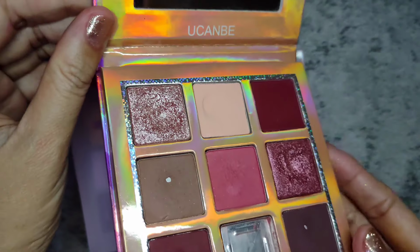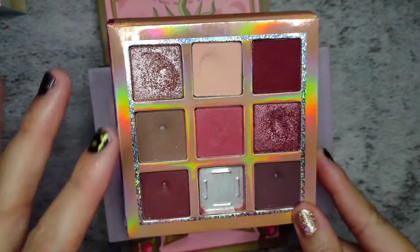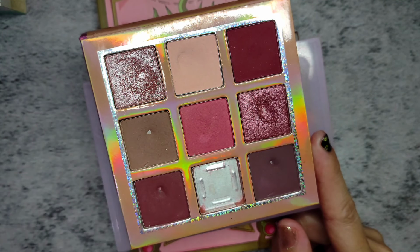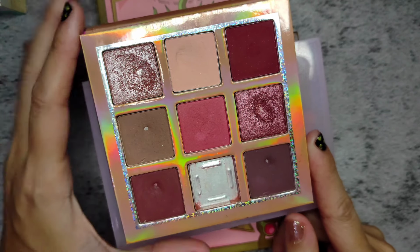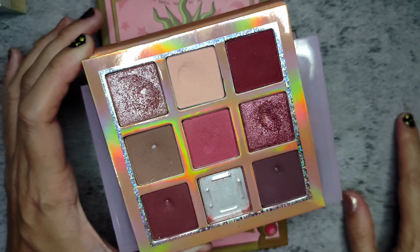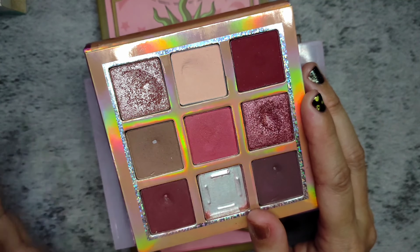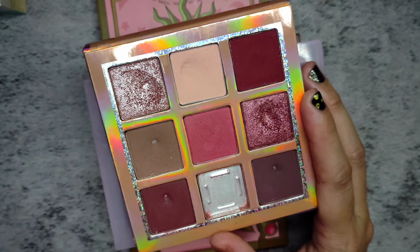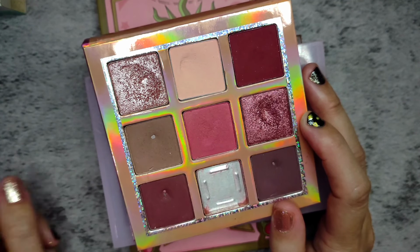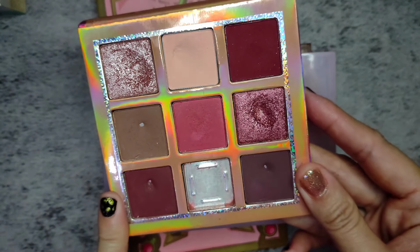This has already been gone for a few years now. So this is heavily inspired by the Huda Beauty ruby palette. I'm not sure the exact name, but it's the 9 pan palette with the berries, with the berry tone shades. So this is heavily inspired by that, but I really like that they have some sort of muted shades, because this is an approachable palette compared to the Huda Beauty one. So I have hit pan on 5 shades in this palette